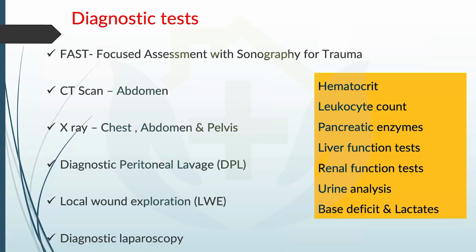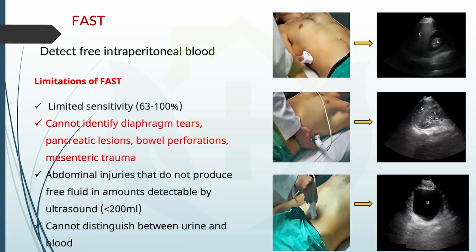Diagnostic tests. Now, very important to focus on this part. What are the diagnostic tests of a blunt trauma abdomen? So, foremost is to understand the focused assessment with sonography in trauma. We can also go for CT scan, and there is something known as the diagnostic peritoneal lavage. In addition, we can also go for X-rays, MRIs. Those are always options.